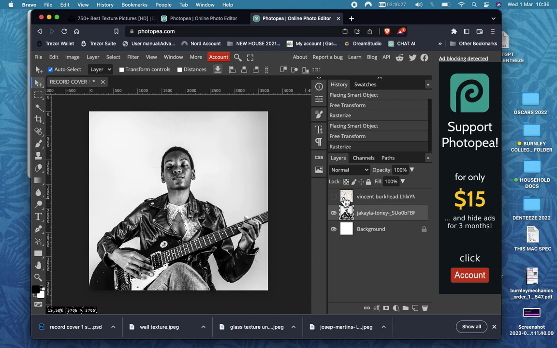When you put the texture in, just make sure that it's above your primary image. So your primary image is here, and make sure that the layer above it is the texture. Okay,